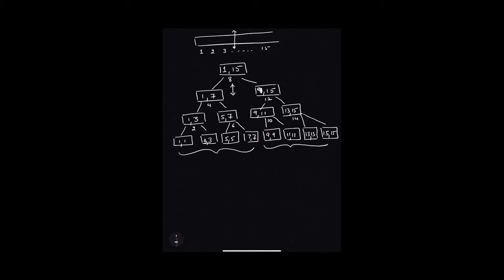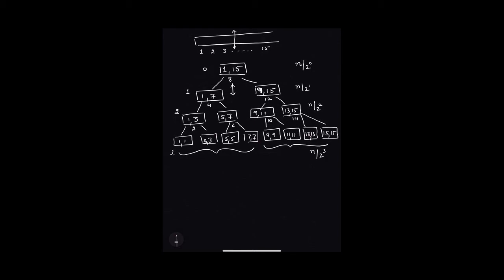Now let us check what the time complexity is. If you see, at the 0th step, I have n by 2 raised to the power of 0. In the first step, I have n by 2 raised to the power of 1, because you can see that my tree has been divided into two parts. At my second step, this value becomes n by 2 raised to the power of 2, because the n elements are divided into 4 portions. And in the third step, you can see the value becomes n by 2 raised to the power of 3.